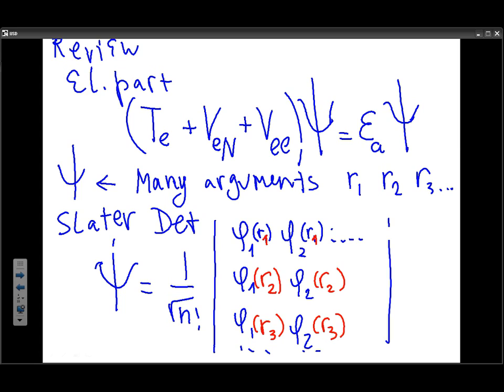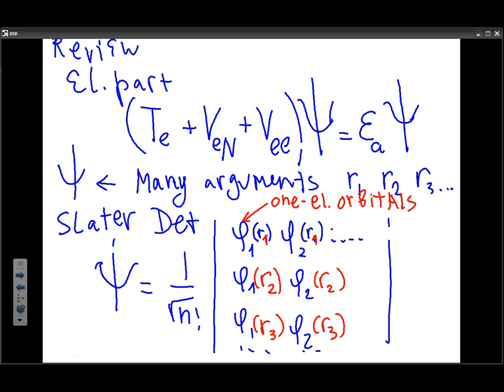So the multi-electron wave function is composed of building blocks of one-electron orbitals. And they are composed by finding the determinant,